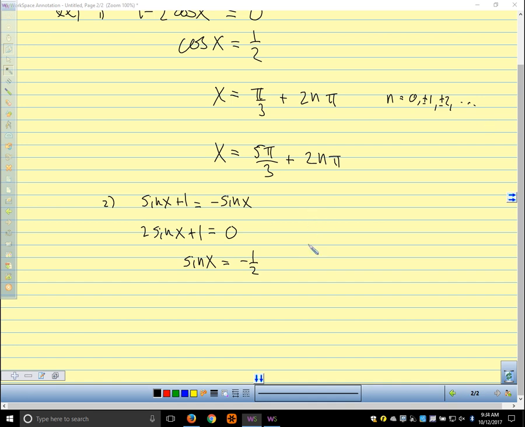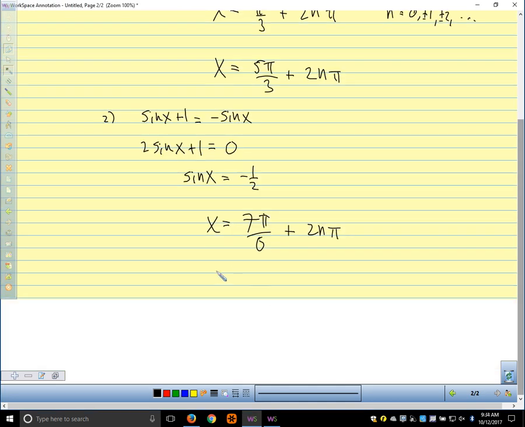Is that right? 7 pi over 6? I think that works. 7 pi over 6 would give us a sine of negative 1/2, and we'd say plus 2n pi. And then what's the one over in the fourth quadrant? Yeah, 11 pi over 6. So those are our solutions